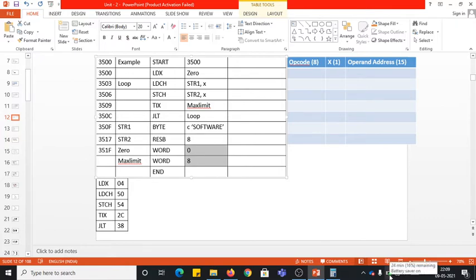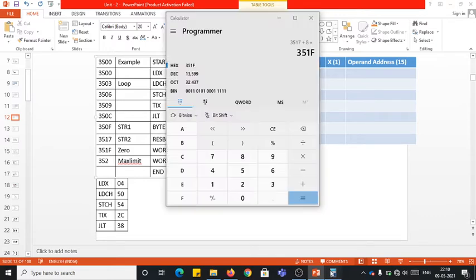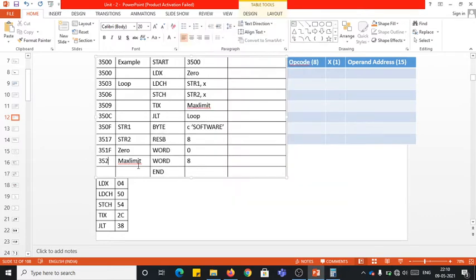So when you allocate, 351F plus 3 gives 3522, and plus 3 it is 3525. That's the addresses we assigned for the given instructions.